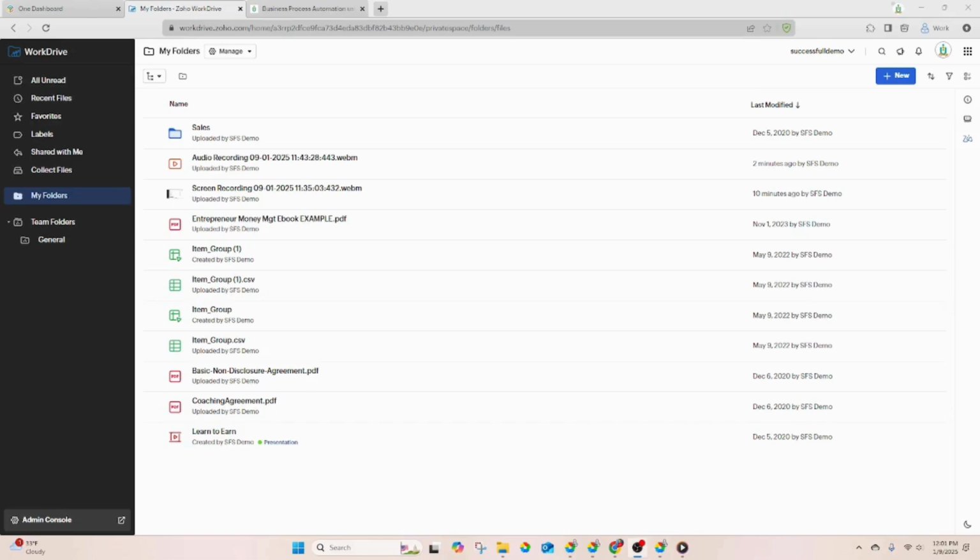I am going to show you how to access a screen recording tool within Zoho called Zoho WorkDrive Snap. It's equivalent to Loom or any other screen recording tool that's out there, but it is available within your Zoho One suite. I am going to show you how to do screen recordings, video recordings, and audio recordings